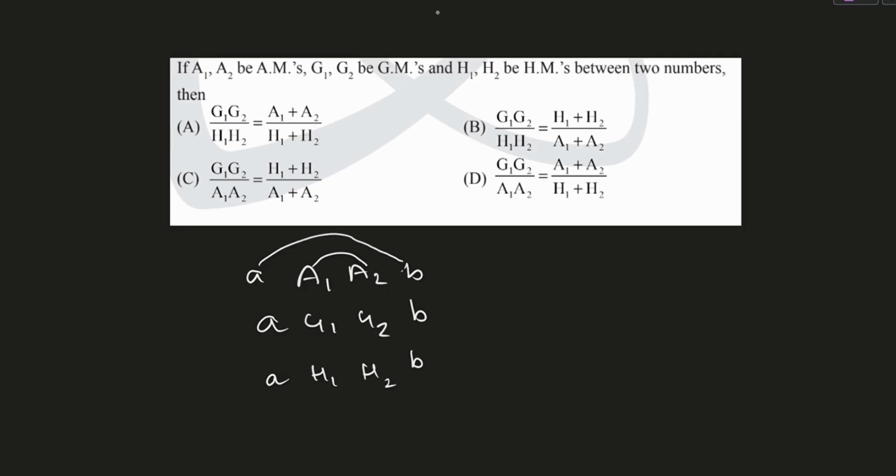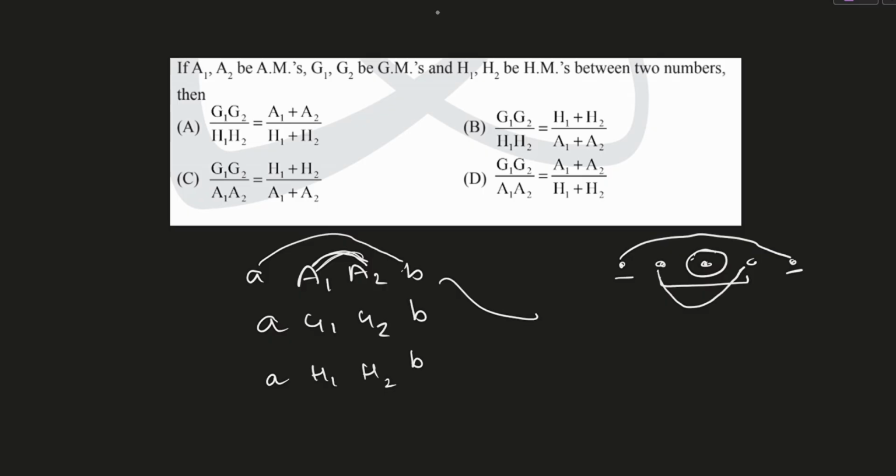Okay, fine. So first of all, you would have seen that the sum of a and b is equal to the sum of these two, a1 and a2. Let me explain in a better way if you don't know the concept. If we have two terms over here and these three are the AMs between them, then the sum of these two extreme terms is equal to the sum of these two terms, which is equal to 2 times this odd term. Okay, and this goes on and on with any number of terms.